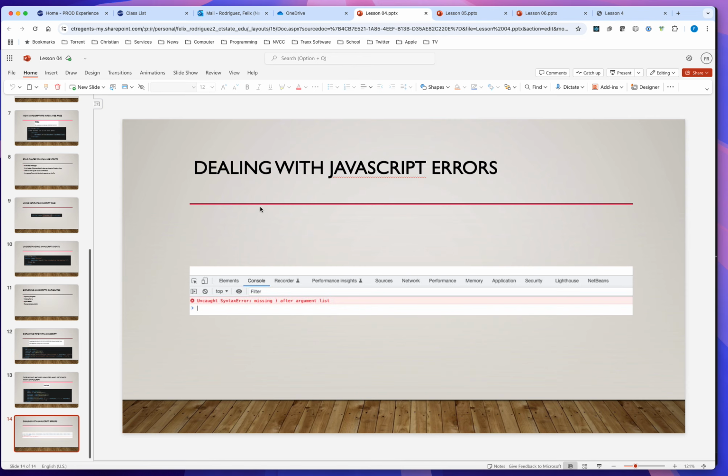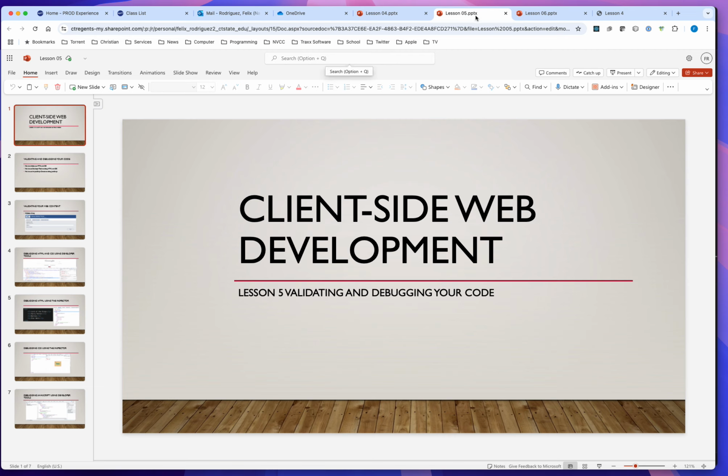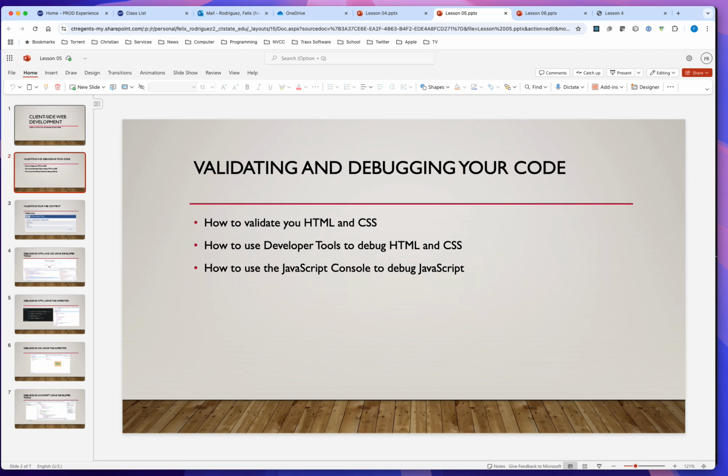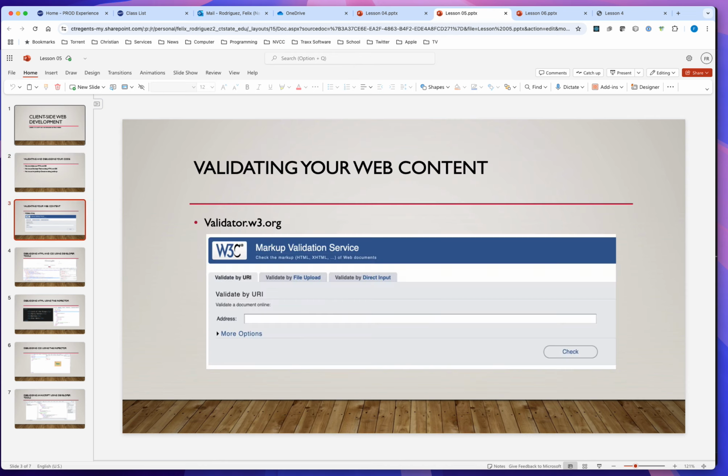Okay, and that's it for lesson 4, the JavaScript errors. We're going to move on to lesson 5, which is how to validate and debug your code. Basically, we're just going to talk about where you go to validate HTML and CSS, how to use the developer tools to debug your HTML and CSS, and how to use the JavaScript console to debug JavaScript. So let's start with